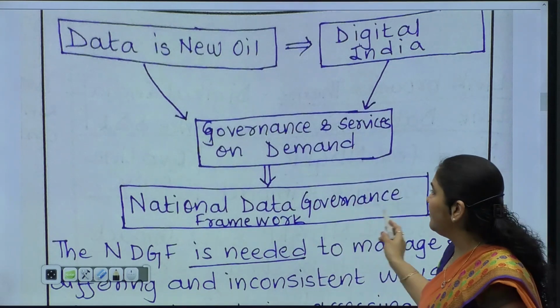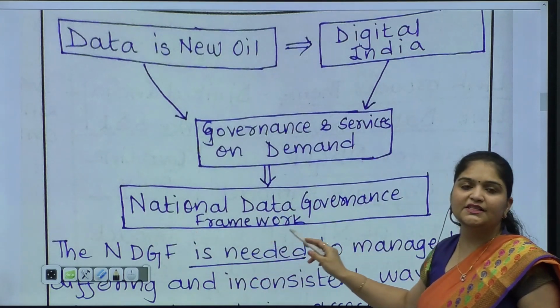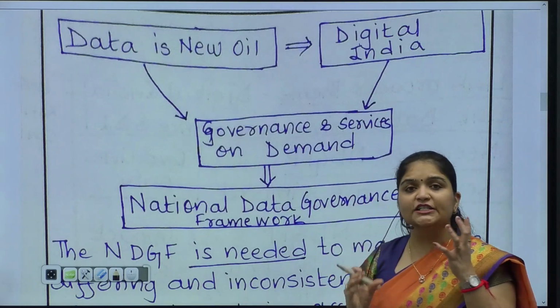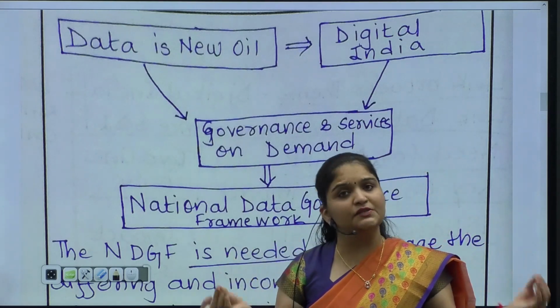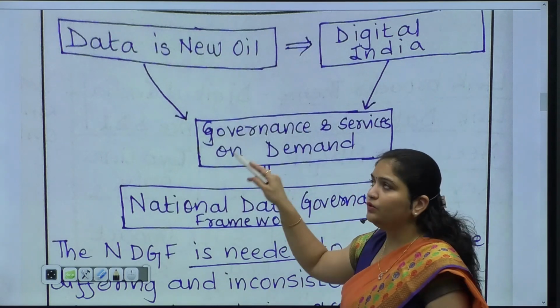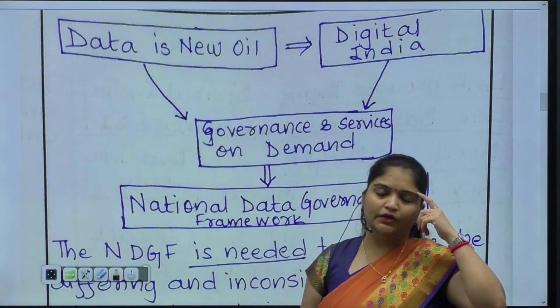And that's why we have brought in the National Data Governance Framework. So this is a very meaningful way of explaining inter-components within your question and showing it. Please copy this down so that you can use such kind of mental